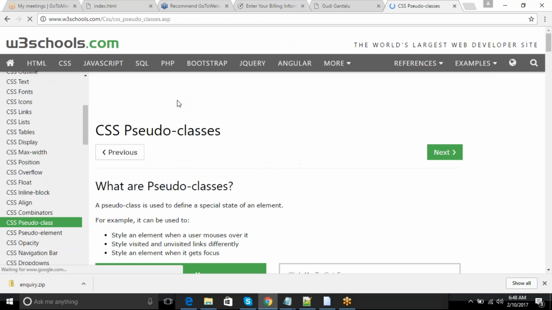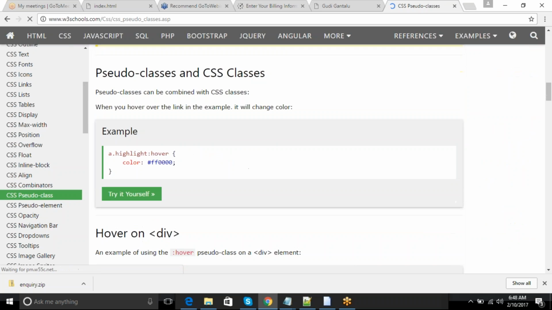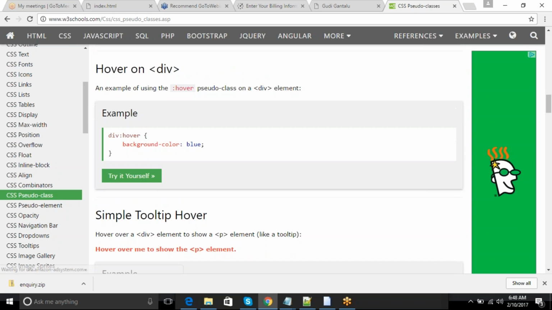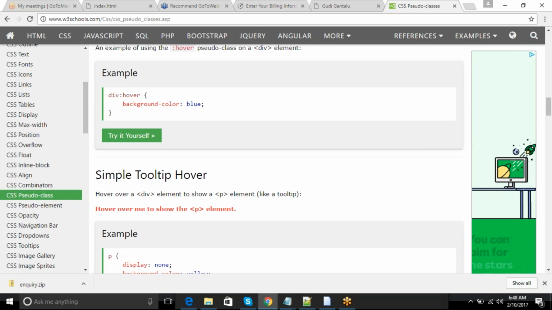Wonderful. W3Schools itself is providing a huge number of content pages. Yeah, as you can see, however,